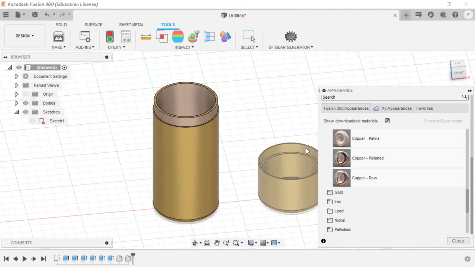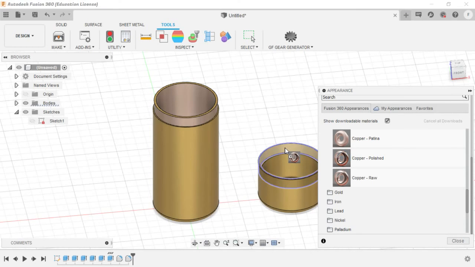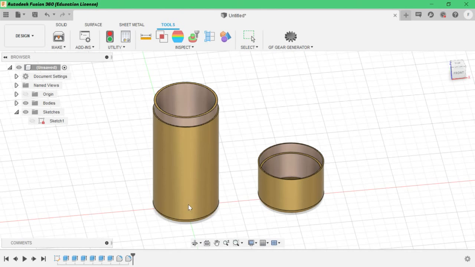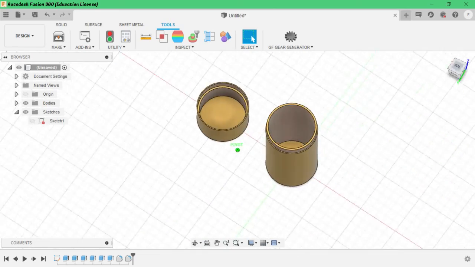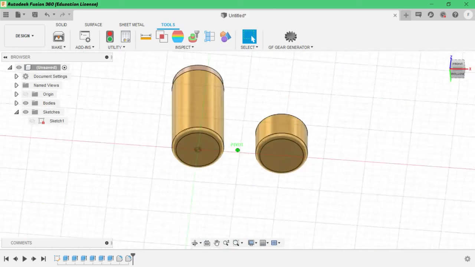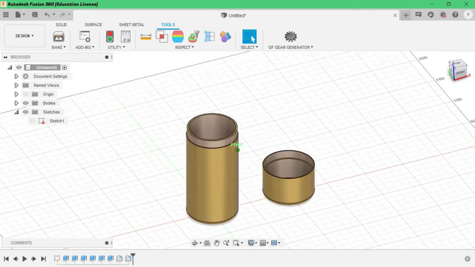Done. For this also you can give copper polish. Done. For this also you can give copper polish. Done. See how it looks. It looks great, right? This is the way for beginners to learn 3D modeling.